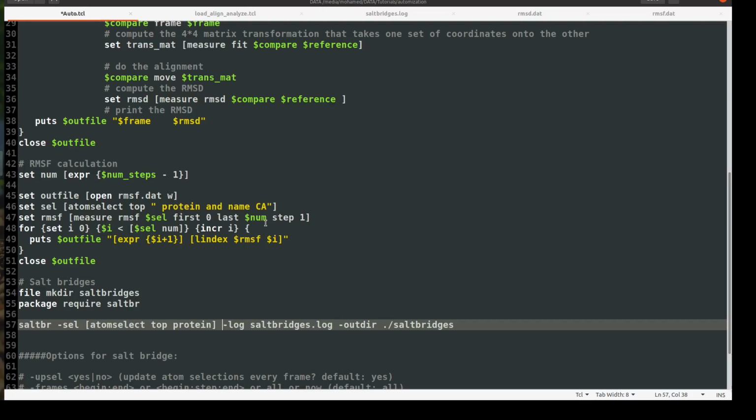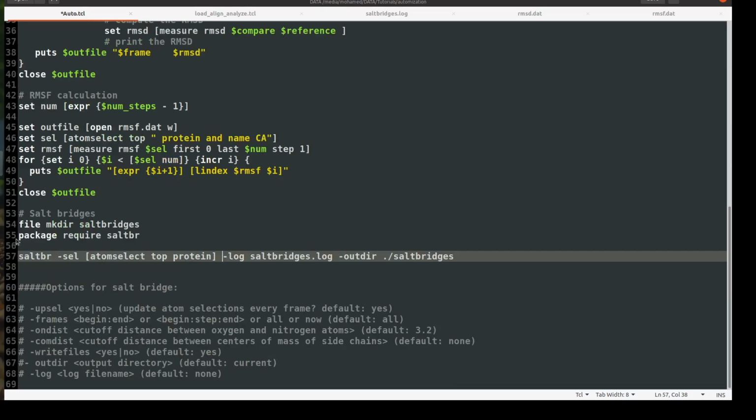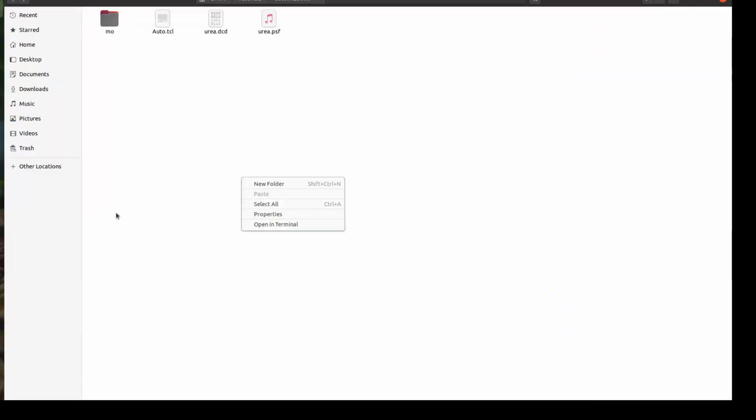start from the 0 frame and to the last frame with a stride one, and then we have a for loop to iterate through the trajectory, and we closed, and then we get the salt bridges and make a directory and get the package and set the options, and here are the extra options. I'm talking too much. Okay, so let's save what we have done here and call it auto.tcl, and let's try